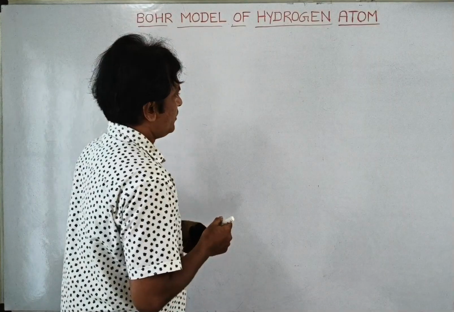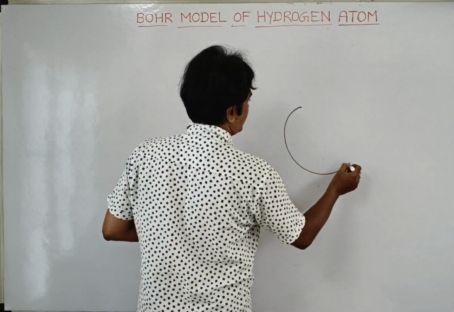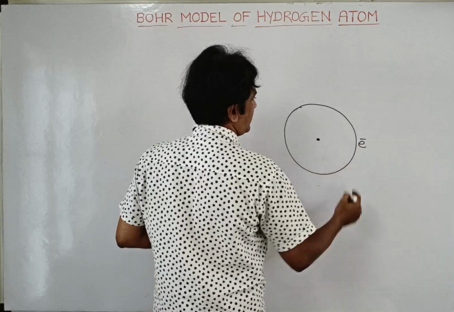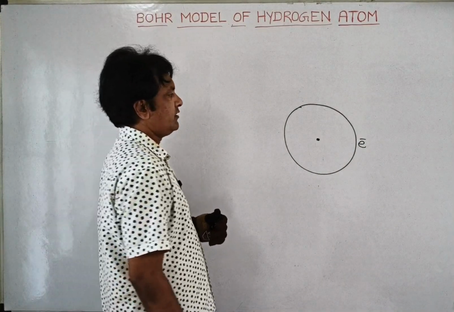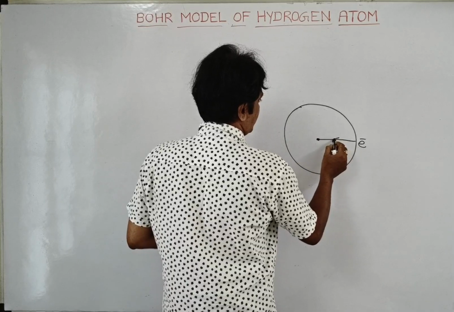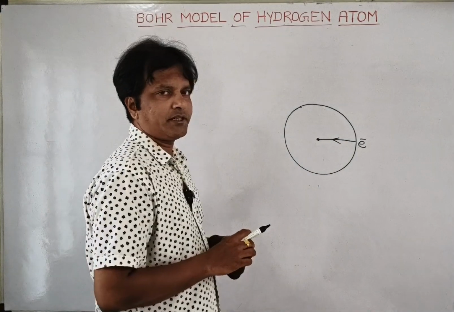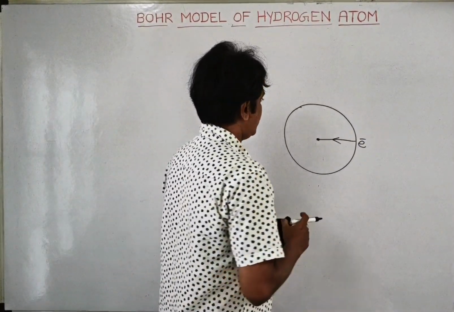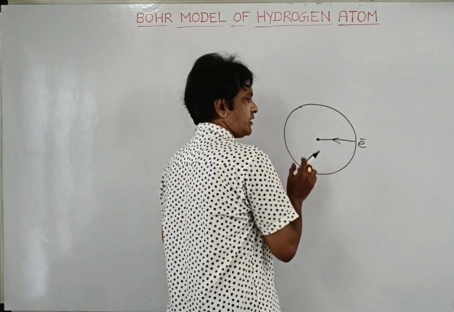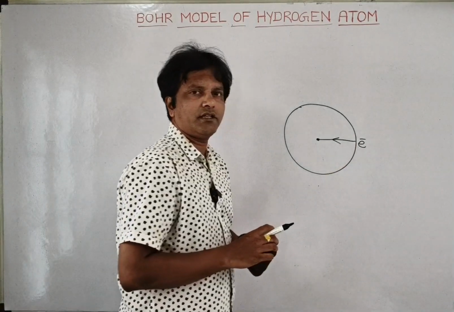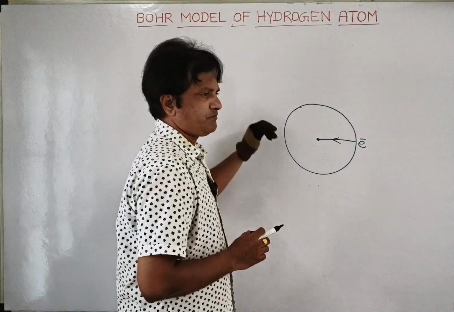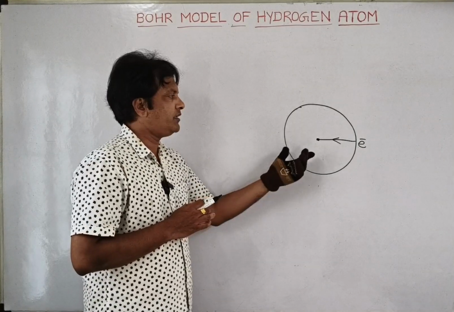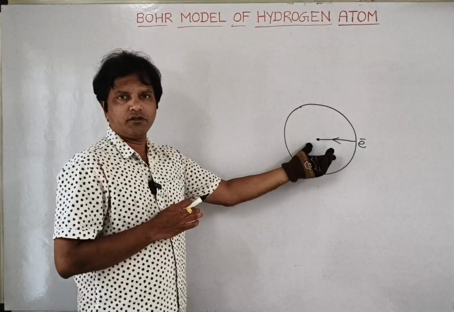If an electron is moving in a circular orbit, we can also say that the electron is under an effect of acceleration towards the center of the circle, that is called centripetal acceleration, and also it is experiencing the centripetal force. The force is between the central positive charge, that is protons, and the revolving electron. So here the classical electromagnetic theory could not explain the behavior of the electron, which is very stable and non-radiating